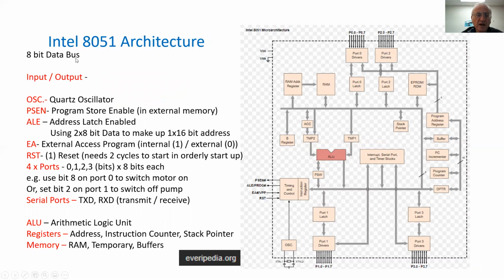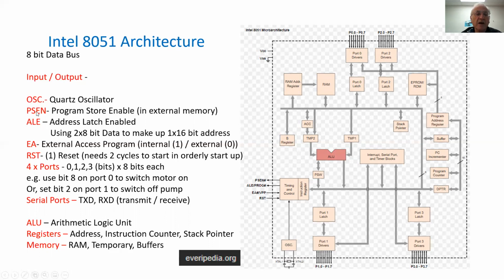Over here, we see the Intel architecture of the microcontroller. We see the arithmetic unit, a logic unit over here with temporary memory that receives the data from the bus, and then they provide the arithmetic or logic calculation. There is a list of input and output ports over here. There is the oscillator that comes from a quartz circuit.